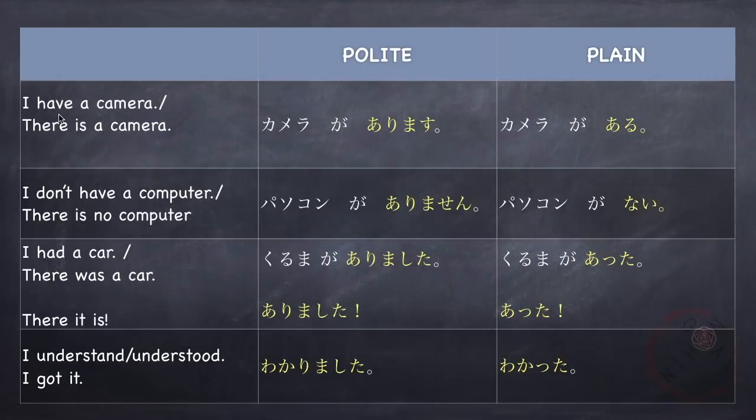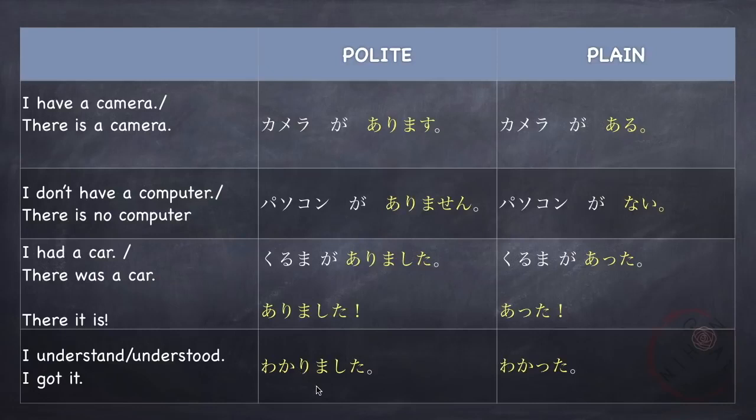Next examples, I have a camera or there is a camera. カメラがあります。In plain form, カメラがある。あります becomes ある。I don't have a computer or there is no computer. パソコンがありません。In plain form, パソコンがない。So ありません becomes ない。I had a car or there was a car. 車がありました。In plain form, 車があった。So ありました becomes あった。ありました could also mean there it is. ありました。In plain form, it's あった。